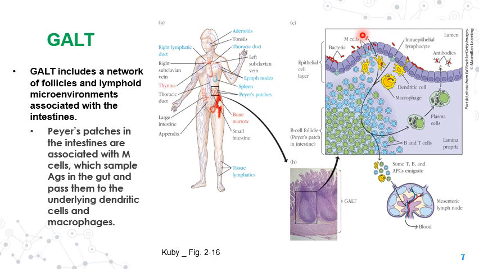When you have friendly bacteria, those cells are important to teach your immune system not to attack them. And when you have pathogens, those cells bring the pathogens to dendritic cells that are going to process the pathogen or take it to the Peyer's patch